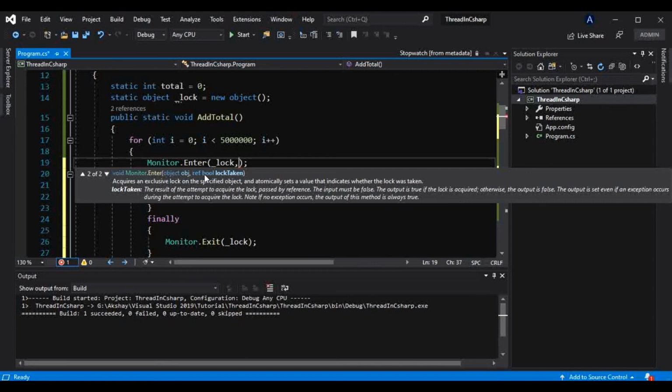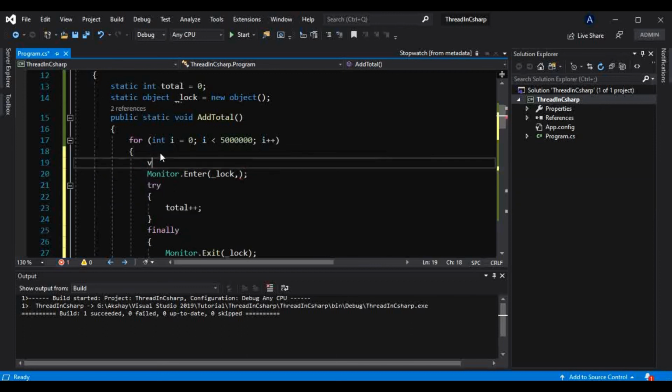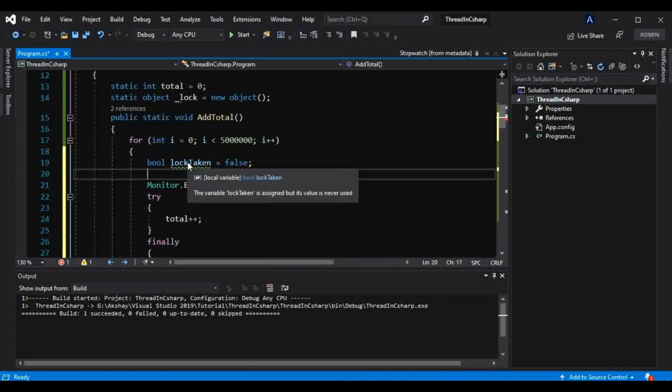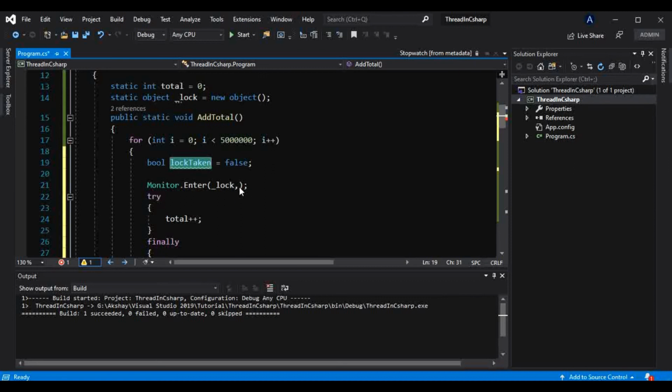So I will create that variable, and it will be passed by reference. lockTaken equals false, I will initialize that to false for now, and I have to pass that here with ref. Okay, something like this.